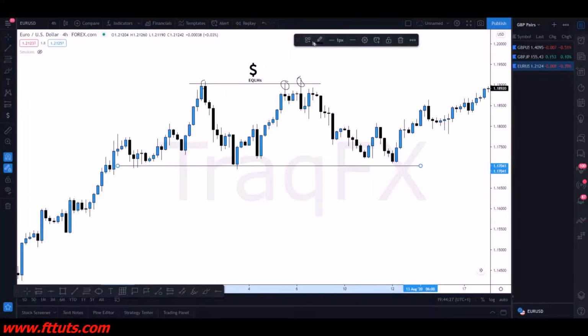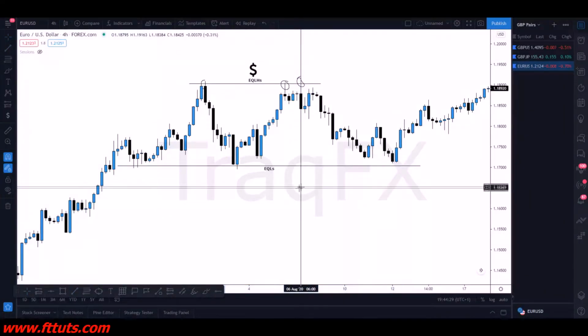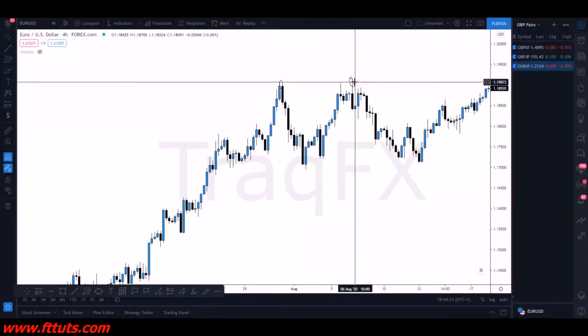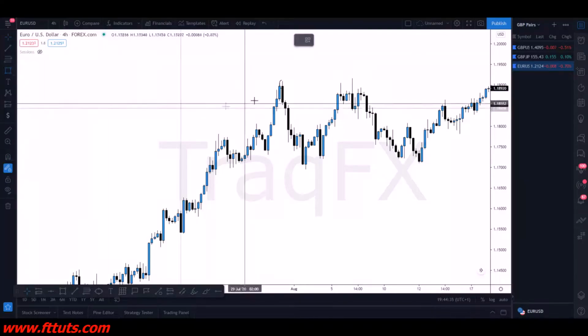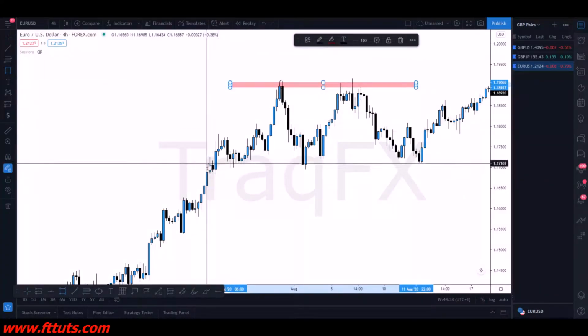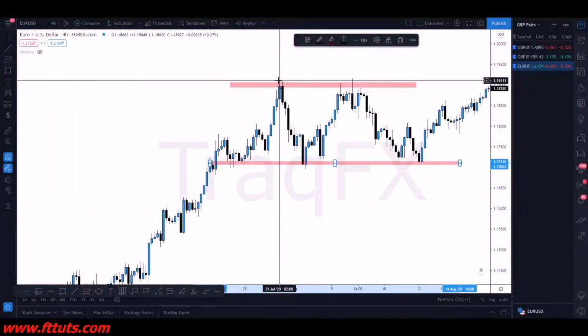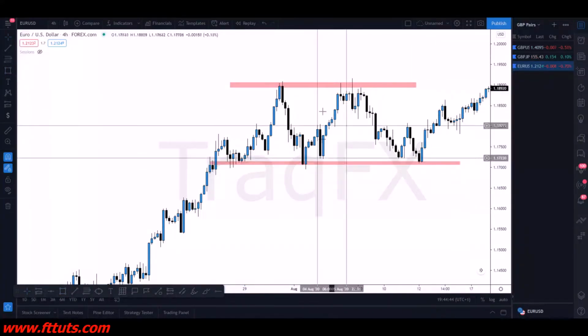We have this level of support, equal lows. Now from a line, if I draw a line, it's not that clean, but look at this. If I draw a zone, it's even. It's so clean. Look at this. Resistance, support. That's clean. Anyone can see that, okay, yeah, this is a level of resistance and support retail traders